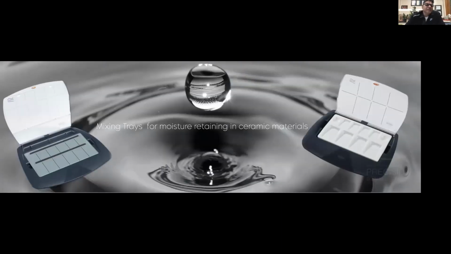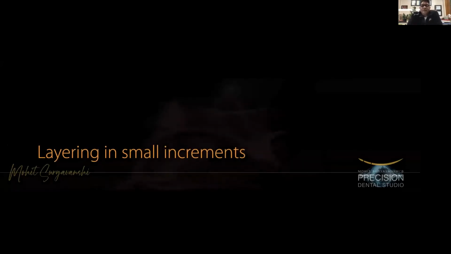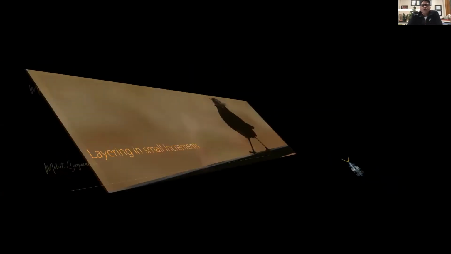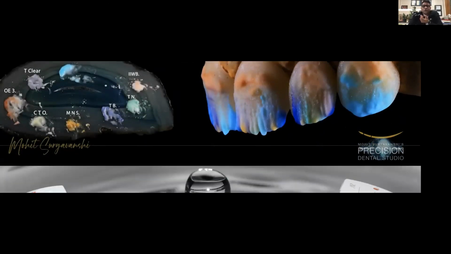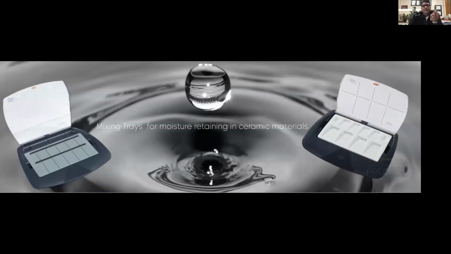And we use these wet plates for mixing the ceramic, because the main thing while you're layering ceramic is to keep the moisture intact. That is very, very important. If you lose the moisture in your ceramic materials, then the overall aesthetics of the ceramics goes for a toss. So whenever you are layering ceramics, make sure that your ceramic materials stay moist till the end of your